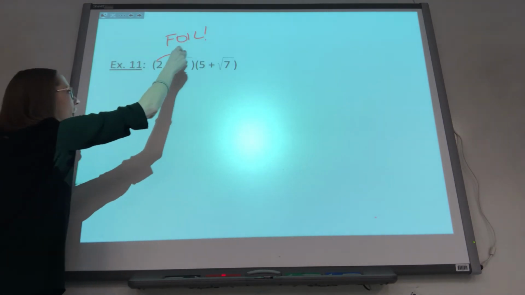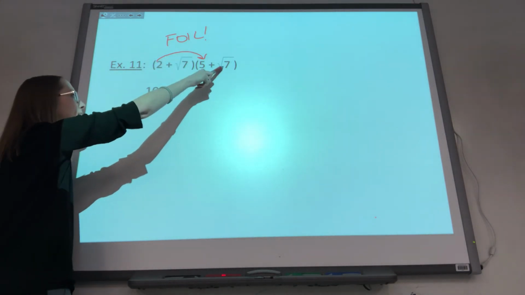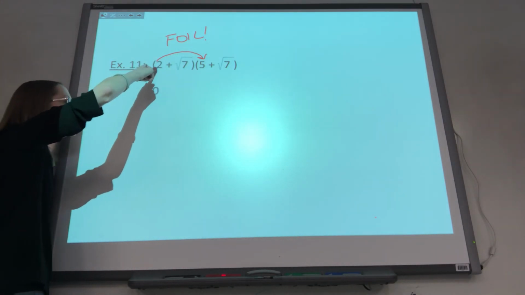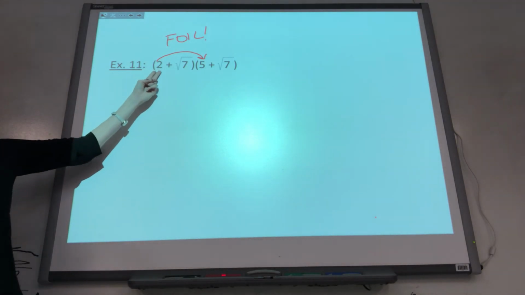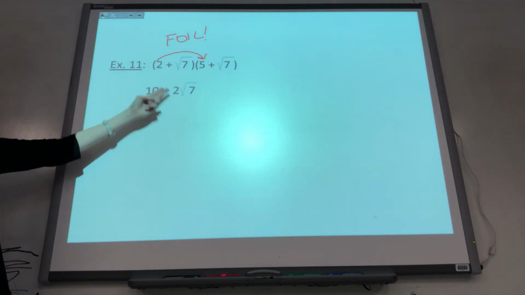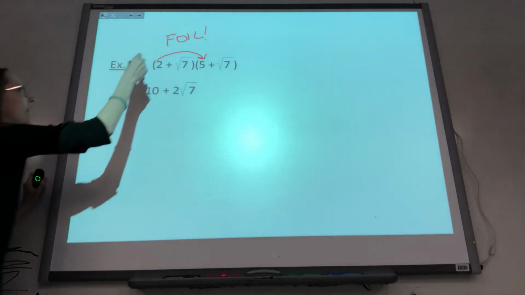So let's do that. 2 times 5 would be 10. Now we haven't really multiplied with roots yet today, so watch carefully here. When I take 2 times square root of 7, the 2 is not under the square root, so you kind of just have to squish those together and make it